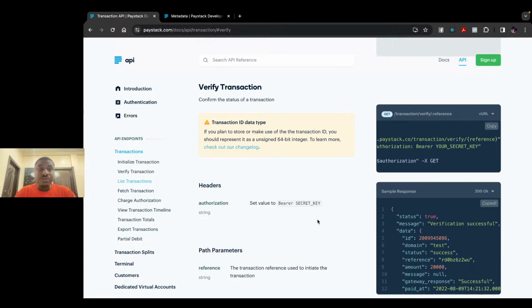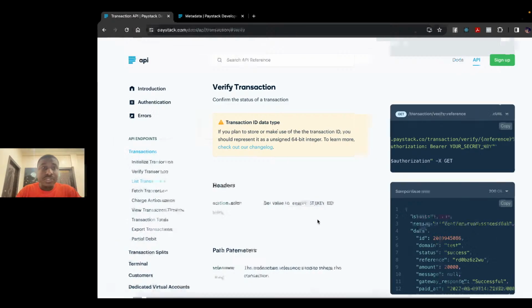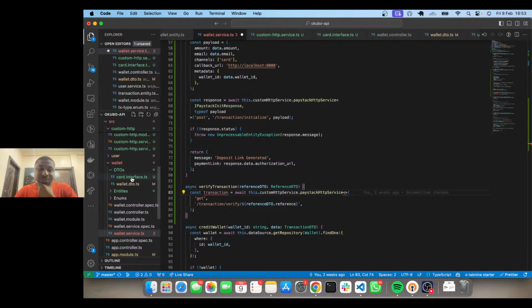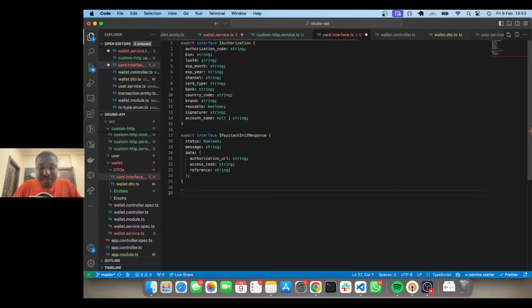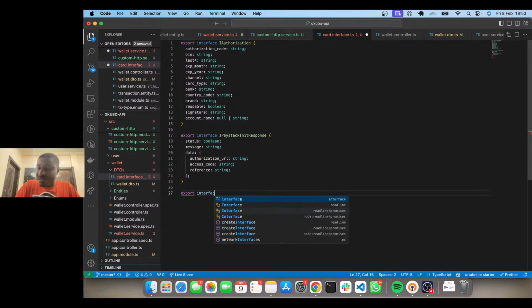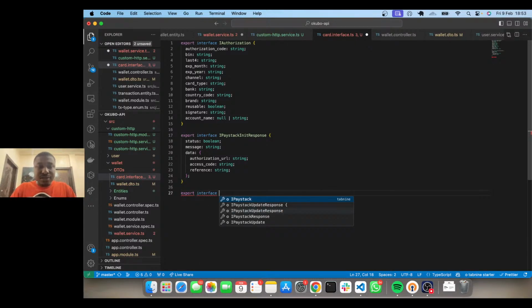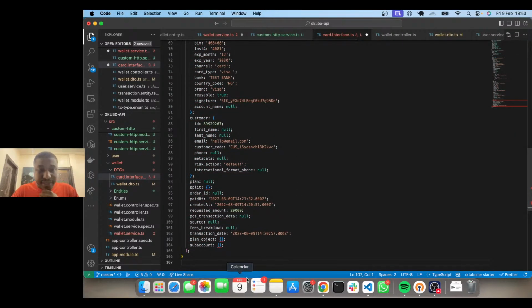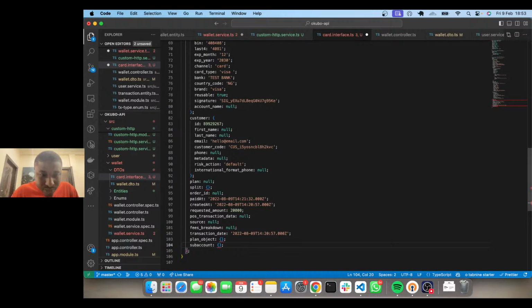Okay, so we'll always have this. Well, I think we could still just use it the way it is in the interface. All right, so let's go back to our card interface and export interface Paystack verify response. Okay, as I pointed out, we don't need